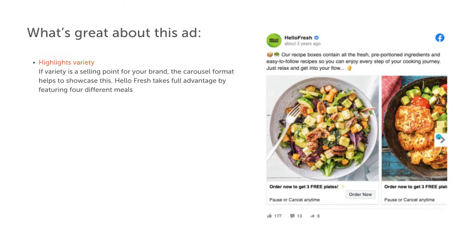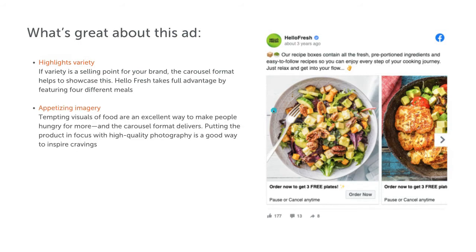So it's very visual, but also it's a good use because obviously they've got more than one product, like I mentioned. Appetizing imagery, so it looks amazing. Tempting visuals of food are an excellent way to make people hungry for more, literally. And the carousel format delivers that.